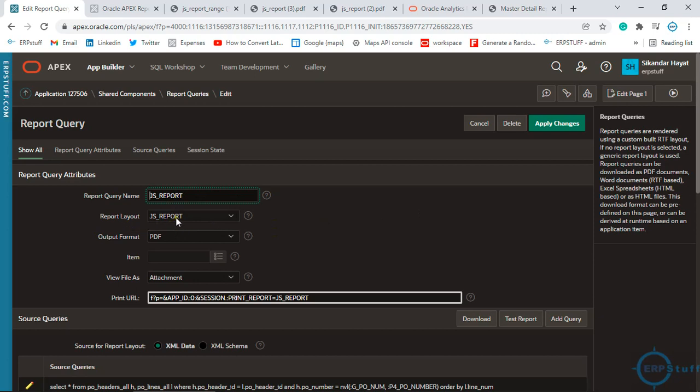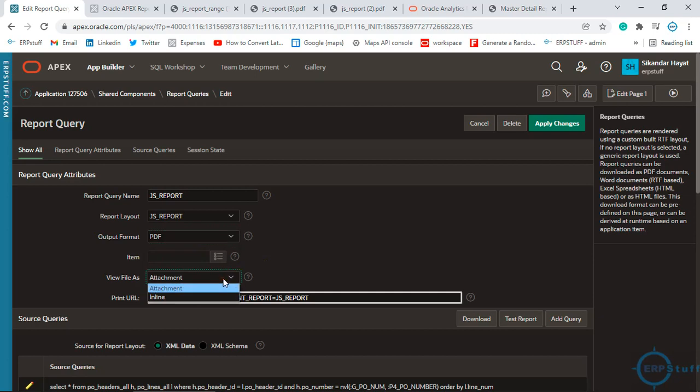Then we have the report layout, which I will design and attach over here. This is the output, right, how I want to have this output. We can even pass as a parameter which format you want, let's say for this item. So if it is derived from the item, you can select the item here, otherwise you can select from here. This is the inline or attachment.